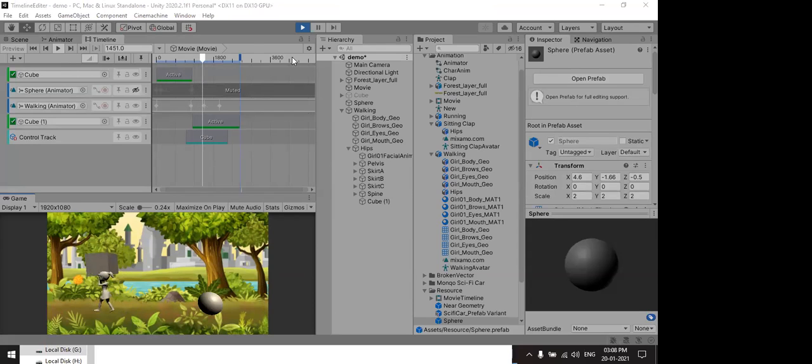So this is the way we have to work with your control track. When you work with that, you have to carefully handle these things, each and every layer. First we understand that layer and understand what the use of the layers is. Then we have to work on that.